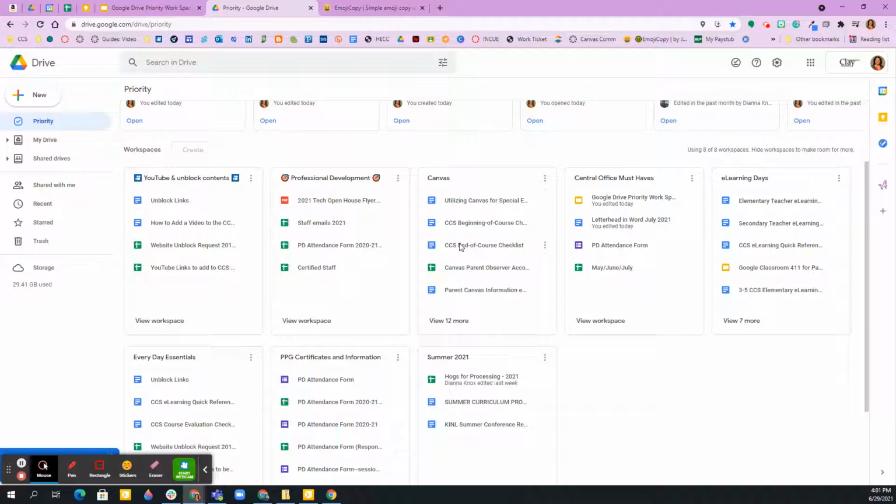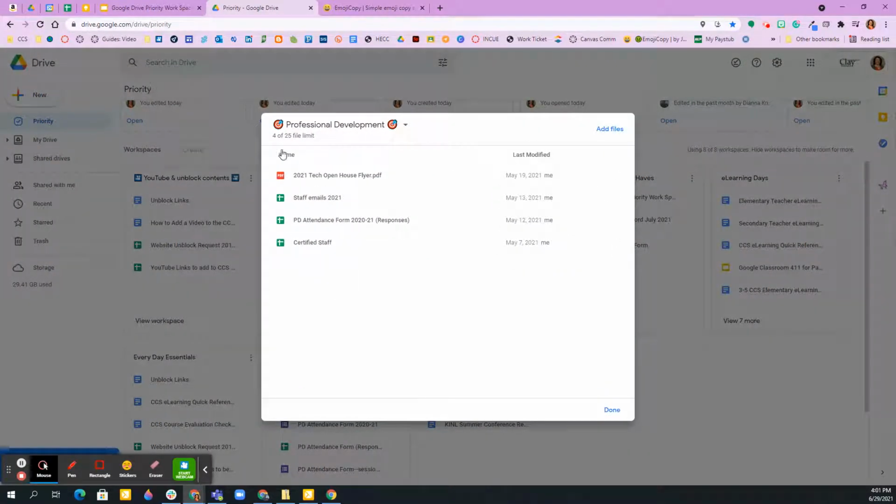So let's look at how I would manage a workspace. So let's go in, first of all, and review professional development. So I'm going to view the workspace. I just have 4 files in here, and it'll tell you how close you are to the limit. Some of the workspaces I've got several files in. So with professional development,